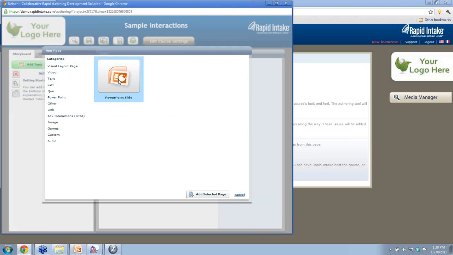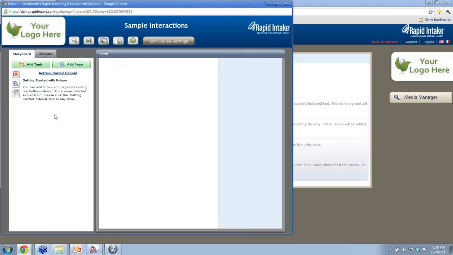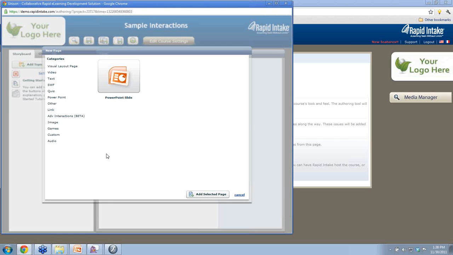And I'm not going to do that because we've already shown you some of that, but suffice to say it will keep all the animations and narration and things like that. What I want to show is more of the interactivity. So if I click on Add a Page, you can go into a variety of categories such as the learning